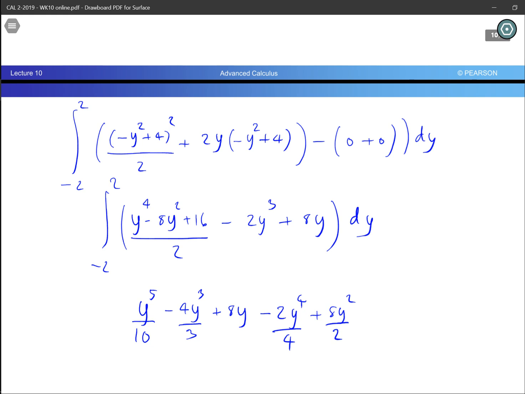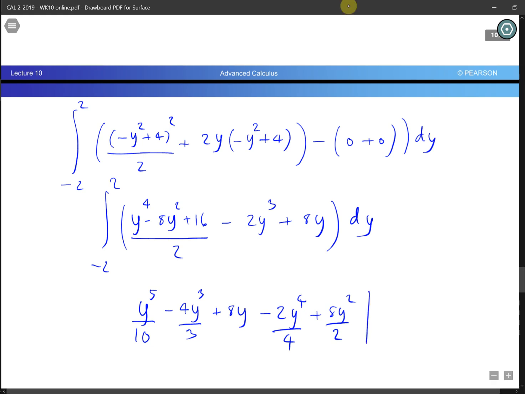Okay, that's correct. And so here we have to evaluate this from minus 2 to 2. So in the end, it's going to come out to be equal to 17 1 over 15. Alright, that is the answer for this